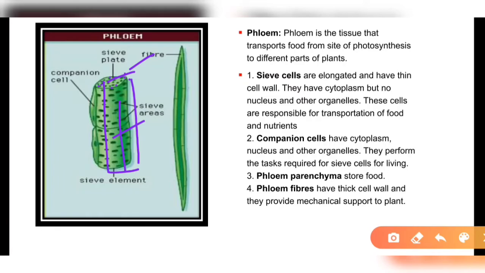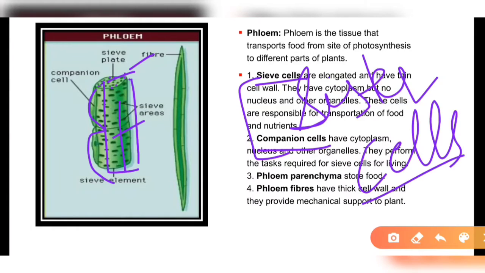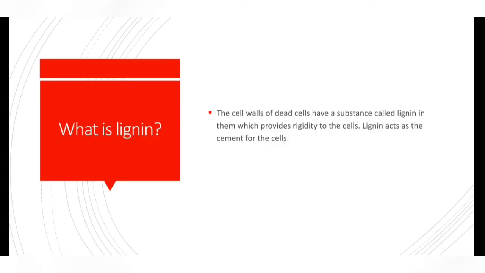The companion cells have cytoplasm and a nucleus, and lie adjacent to the sieve cells, and they help in performing the task together. So sieve cells and companion cells go together and are known as sister cells, and they are the conduction unit present in the phloem. They are meant for the conduction of food material, and they are also of commercial importance. So this is all about that.